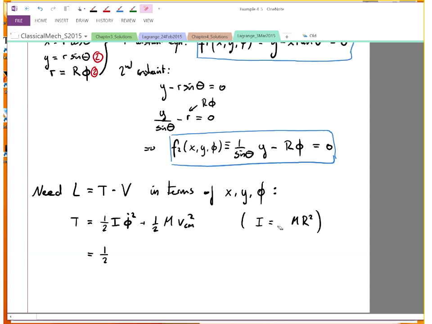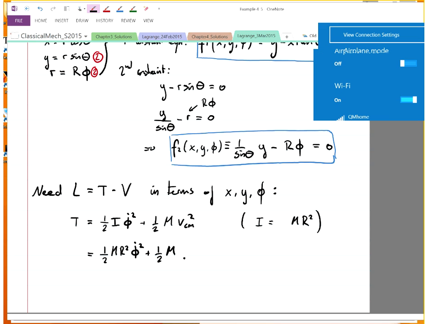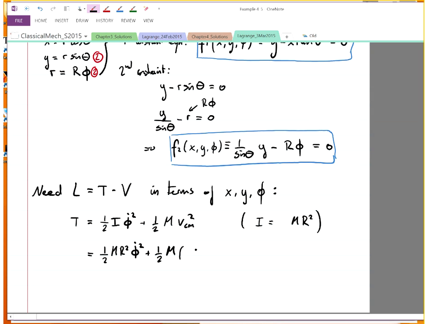Sorry. The moment of inertia of a hoop is MR squared, not a half MR squared, because it's just a bunch of point masses that are all at the same distance. A half MR squared is for a disk, but a hoop is MR squared. Sorry about that. So the kinetic energy is a half MR squared phi dot squared plus a half m